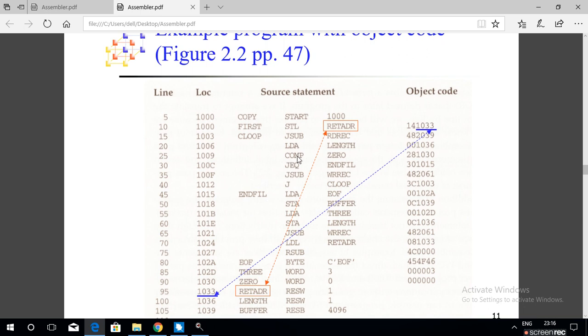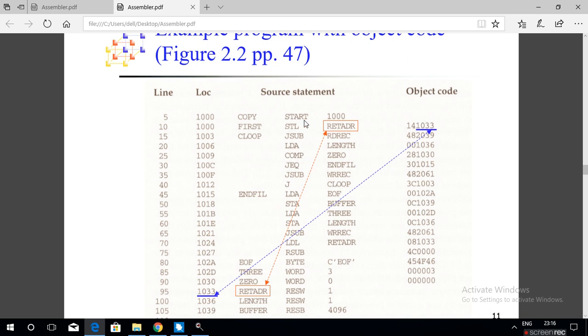So during translation, the assembler will make use of two data structures.